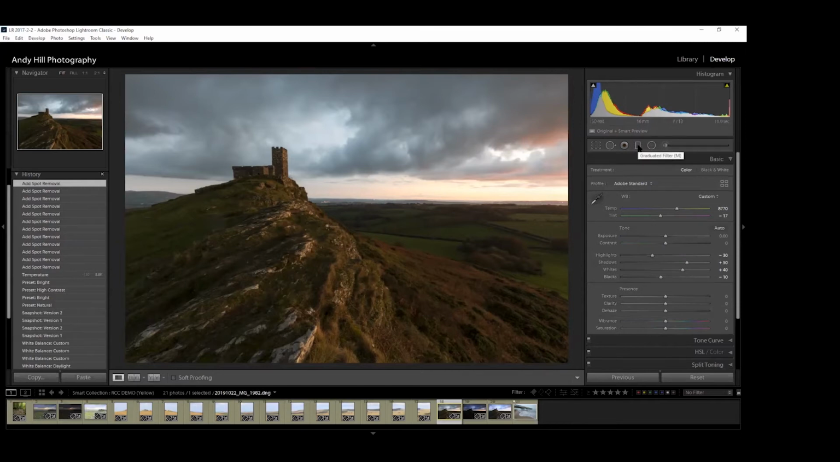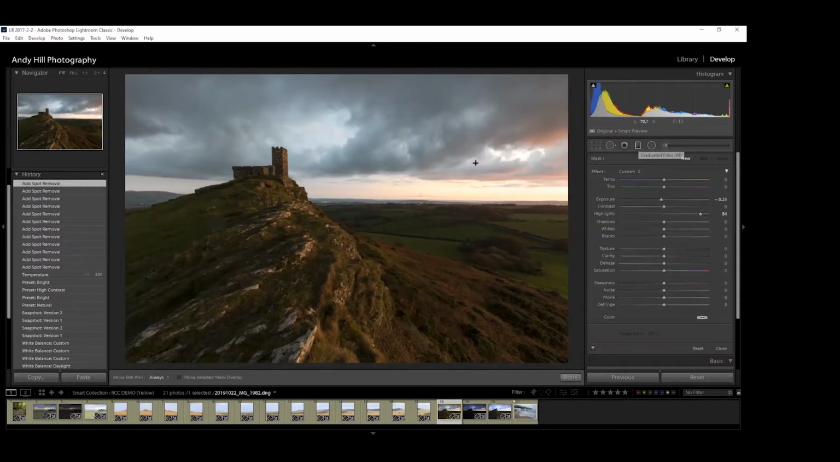Next to this, you have graduated filters. So some people, myself included, like to do as much in camera as possible and spend as little time behind the computer as possible. I was a computer programmer for many years, so I spent thousands of hours sat behind them. So I like to be outside now. But if you didn't have filters on your cameras,